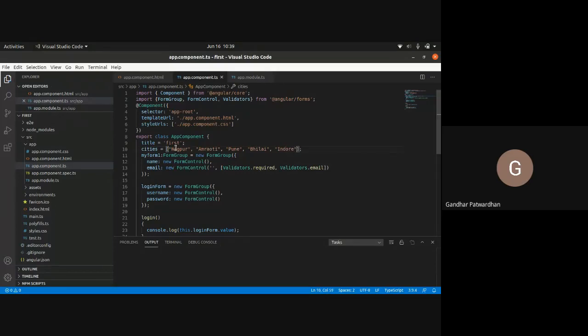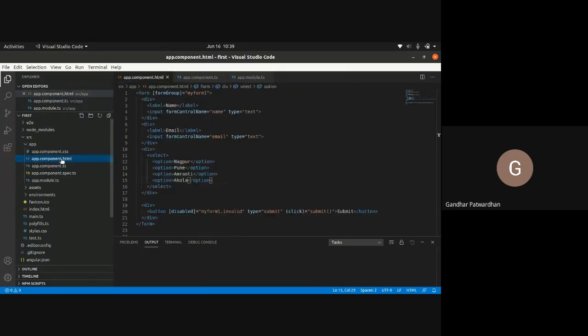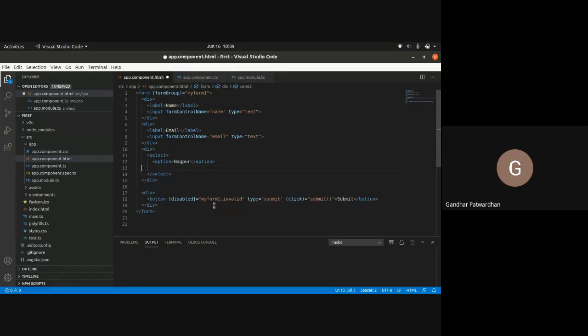Now we need to display these cities in our drop down. I'll have the select, and inside the select, an option tag. I'll remove this, and inside this option tag, I'll give an ng-for. So I'll say star ng-for equals let C of cities.